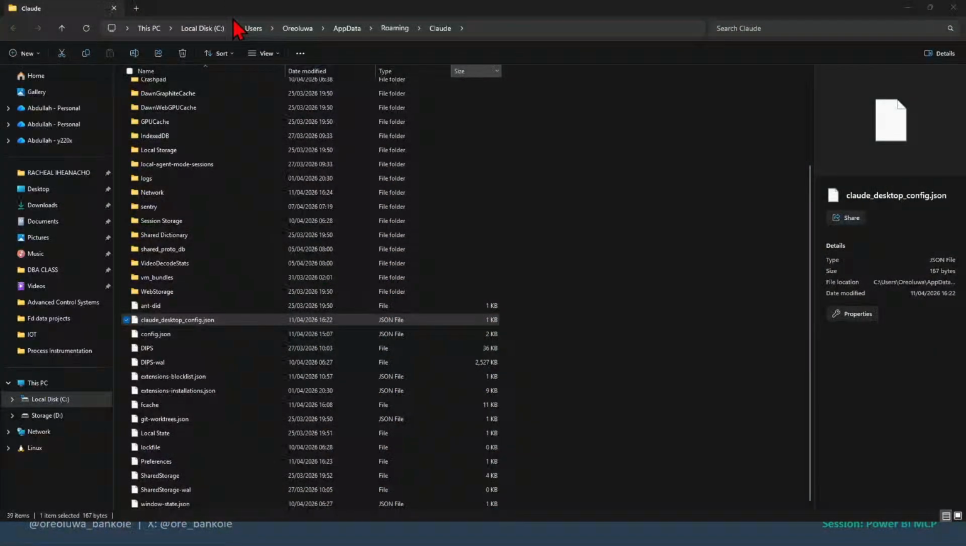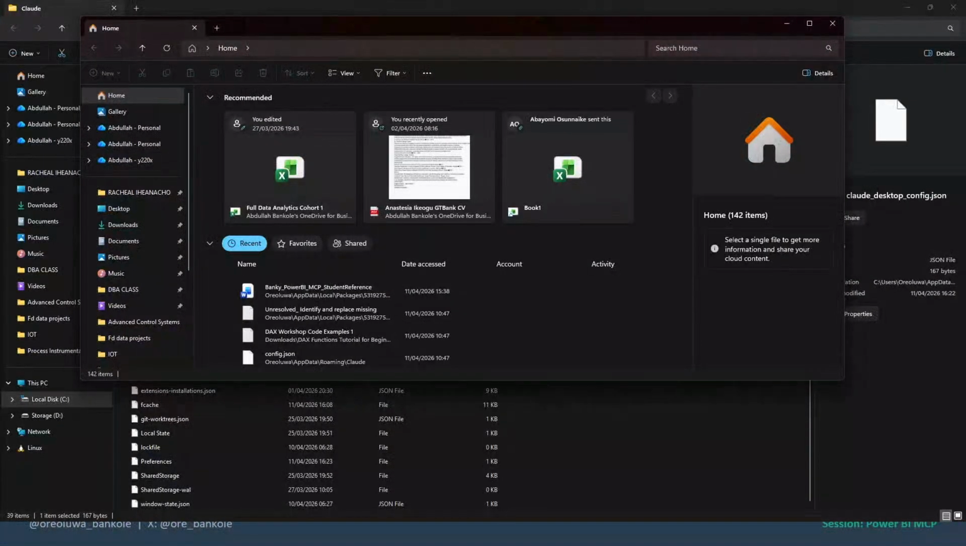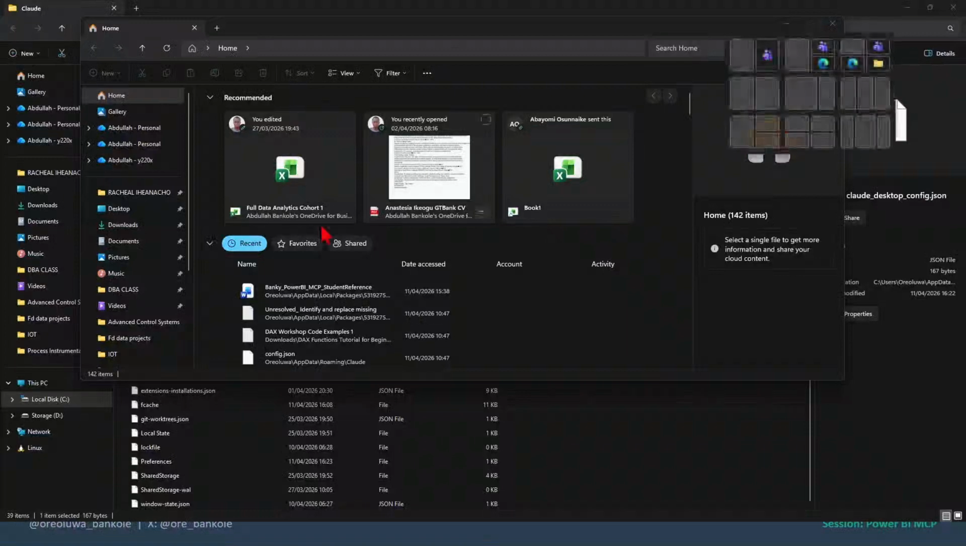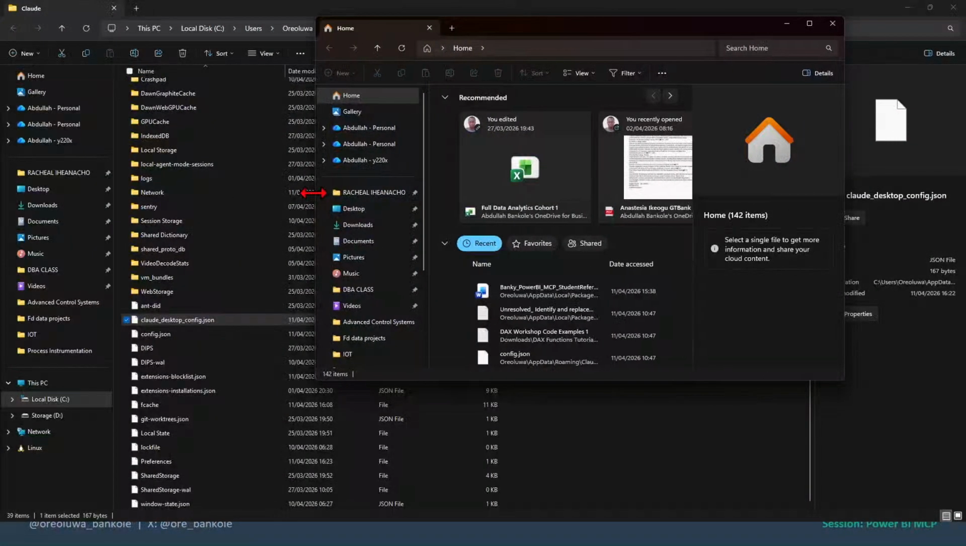So let's say I open up my file explorer, Control Windows E to open up File Explorer. So I have the file explorer opened like this. Now with what I have opened, my file explorer is opened. Now you see that Power BI